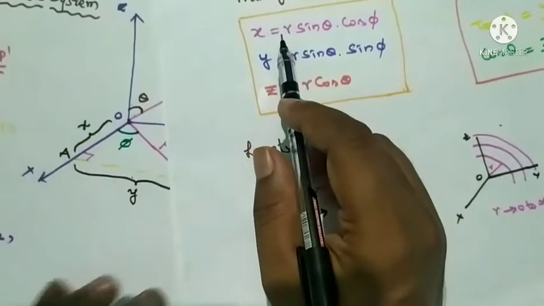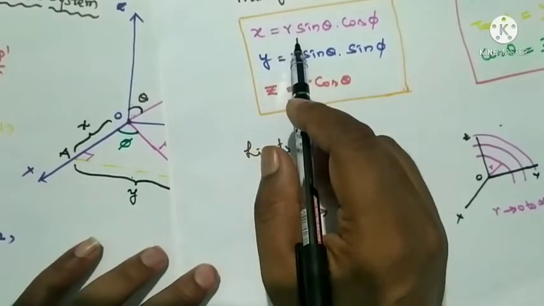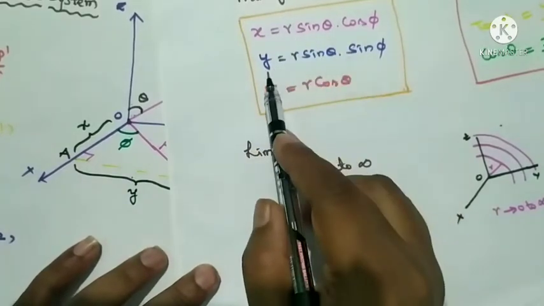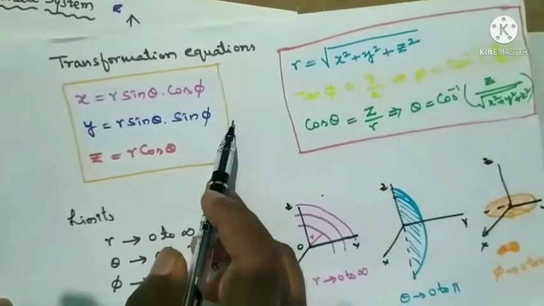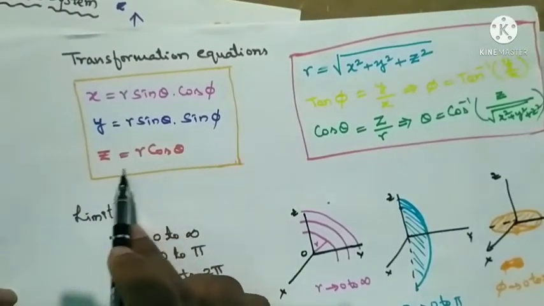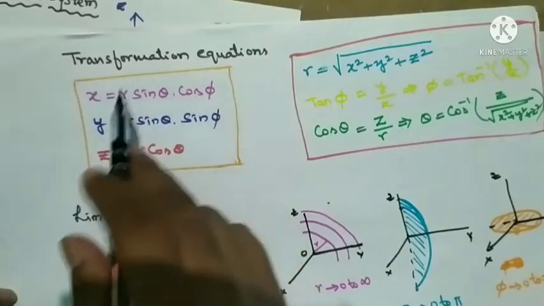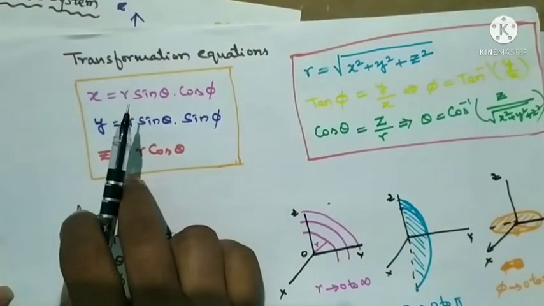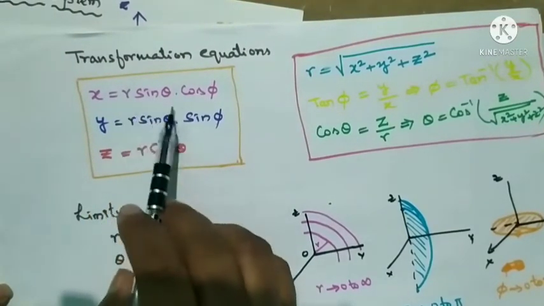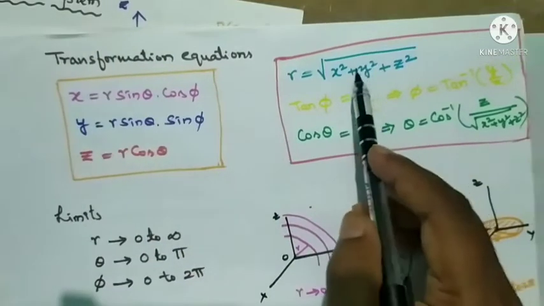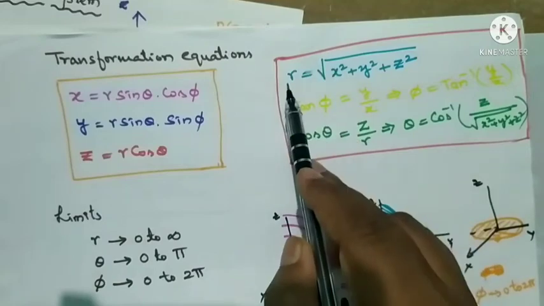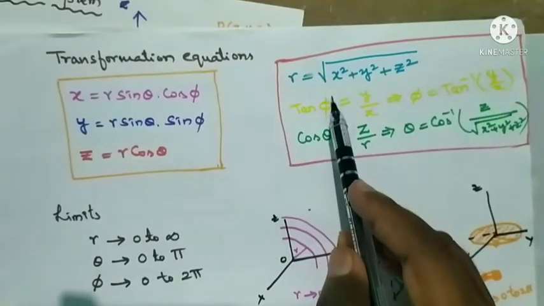That is, the first equation is x equals r sin theta cos phi, y equals r sin theta sin phi, and z equals r cos theta. So these are the transformation equations which transform the spherical coordinates into Cartesian coordinates. In the same way, we can convert the Cartesian coordinates into spherical coordinates by using these formulas, which can be